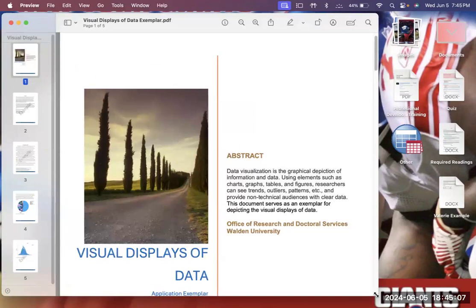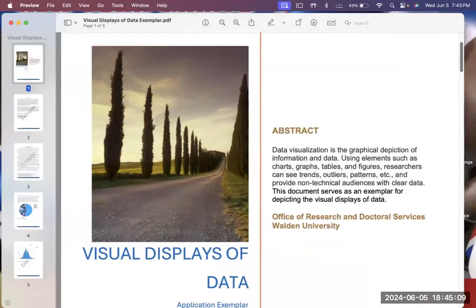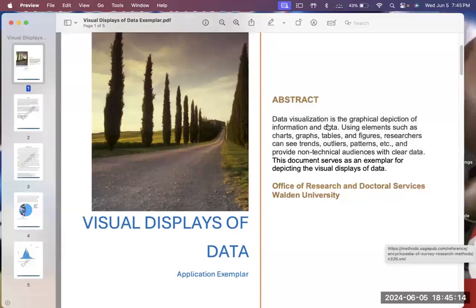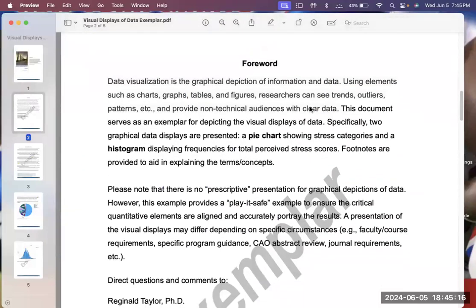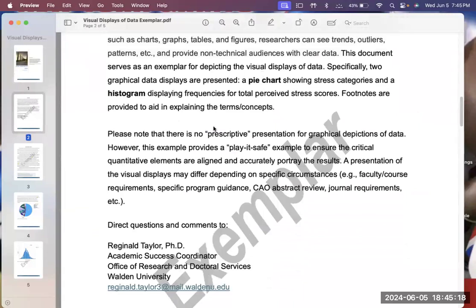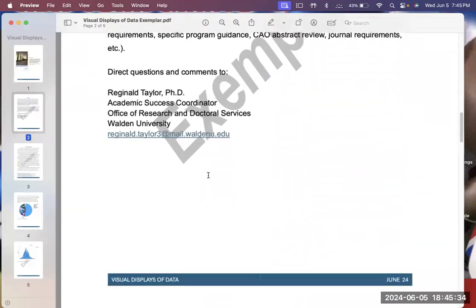Now, I tried to align it with the application assignment, with the rubric, etc. But again, here's an abstract. And I really want you to read the foreword, because what's important is that I'm saying there's no prescriptive presentation. It's a play-it-safe example to ensure critical elements are addressed, okay? Your faculty, someone else may want you to do something different, okay? But anyway,